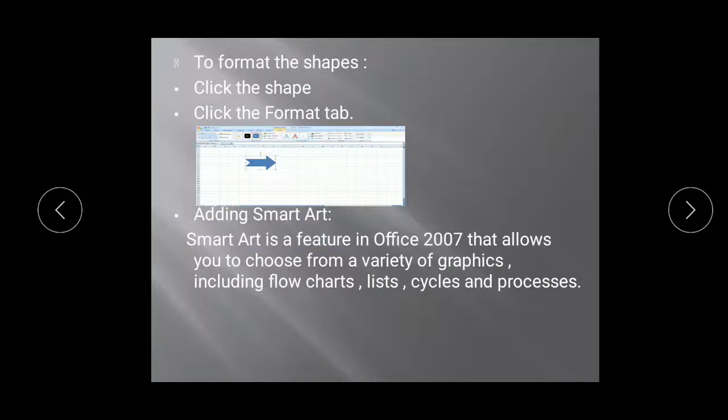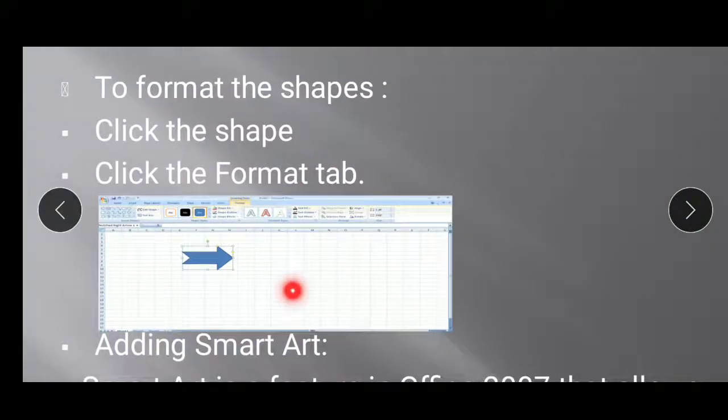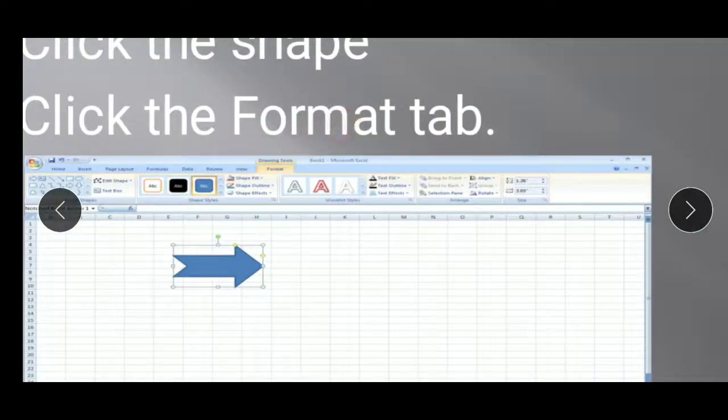Once that is inserted, now how to format that shape? So now I have selected one arrow, I click on that shape, and how can I drag it? As I said, this format tab automatically pops in when you click on that shape or that clip art. This green one is to rotate my image through 360 degrees. That is, you click on it, you can move it throughout 360 degrees to change the direction of that image.